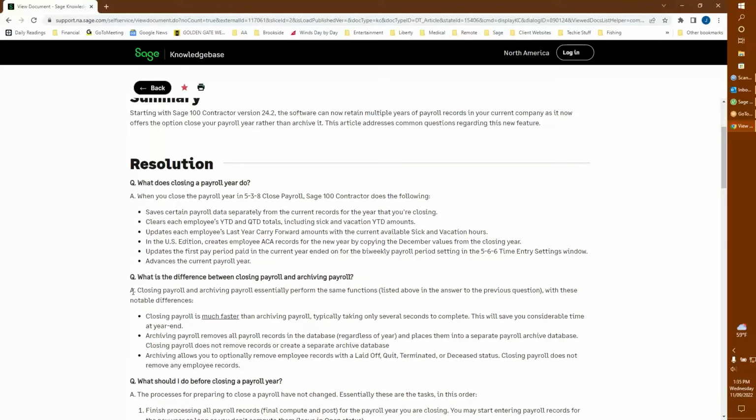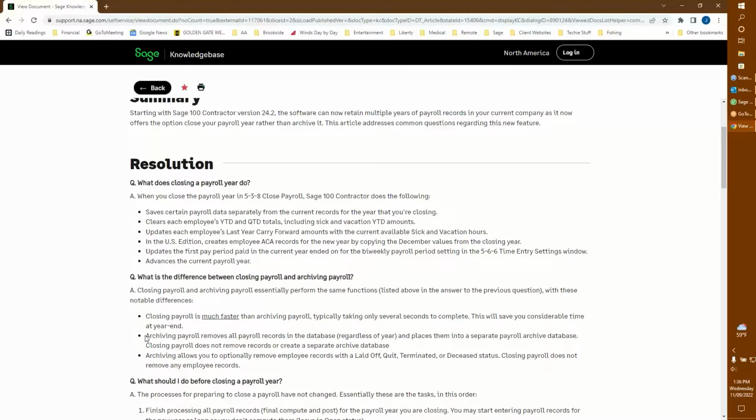So this just tells you that closing payroll is faster, takes a few seconds, and you're done. Archiving payroll is done in the database administrator, and what it does is it removes the oldest payroll year to make room if your disk is filling up. If it's starting to go slow, then you might want to archive payroll.